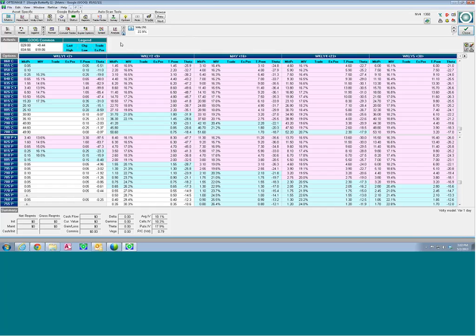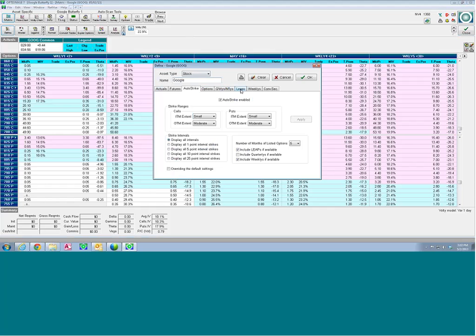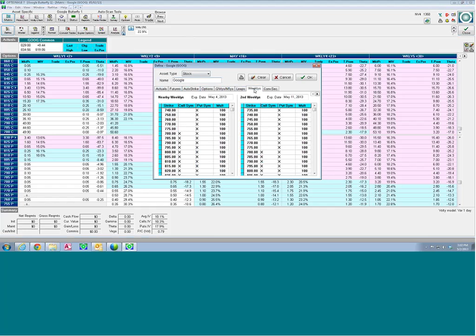Just a little bit about the program. First of all, we've got a new version out. One of the important features that just got done is that all the weeklies are now showing up in OptionVue, and in the definitions we can actually see them and update them under the weeklies tab. I've got this 7.20 loaded,